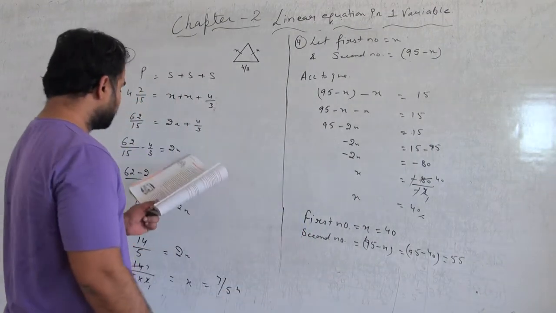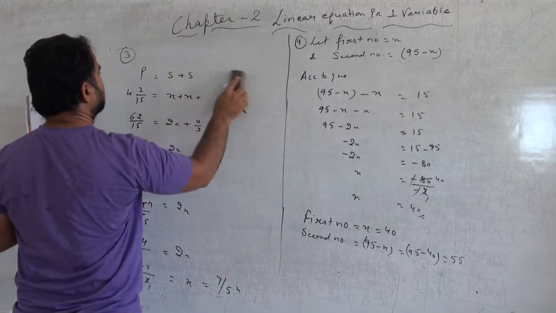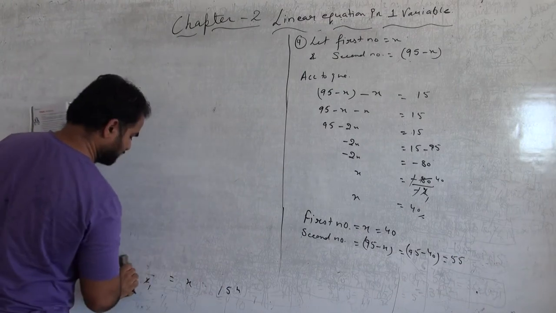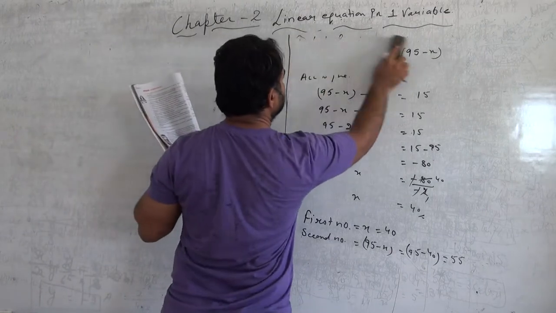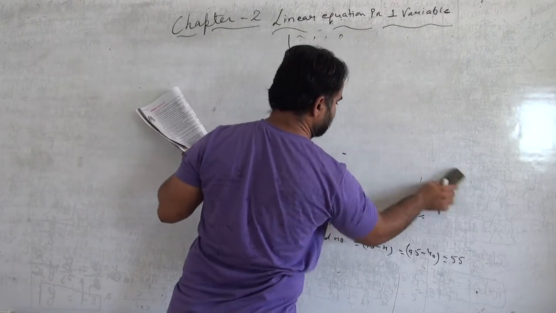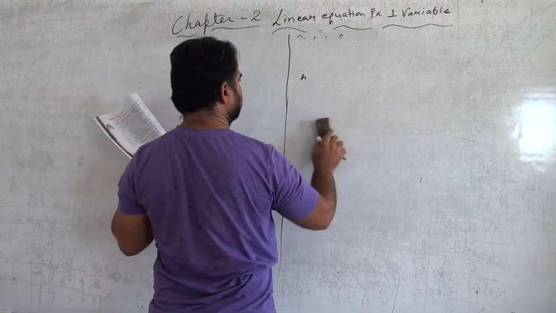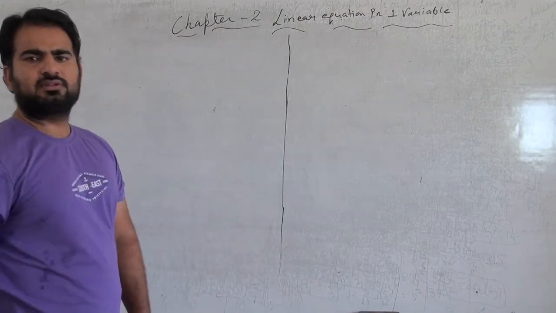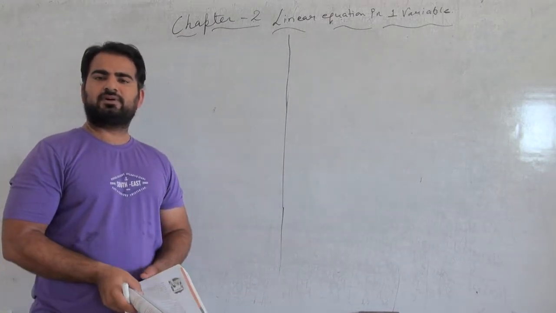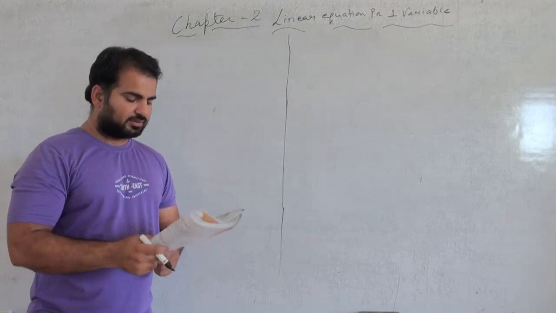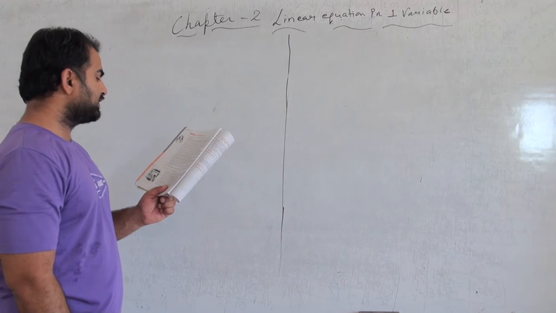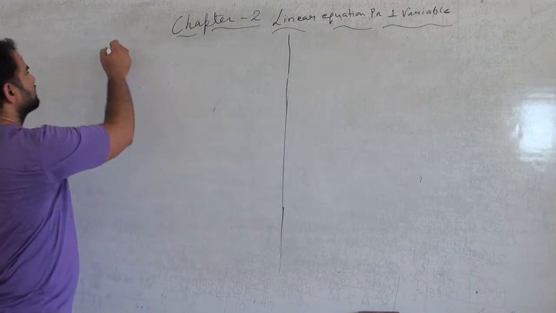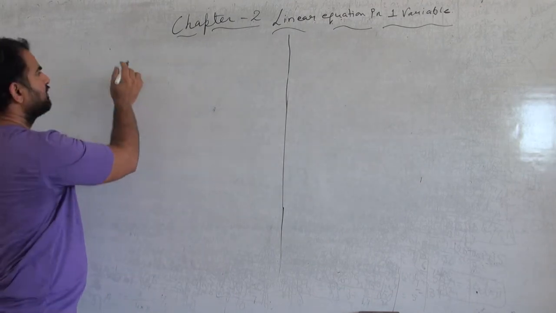Okay, now we get to question number 5. Question number 5 is: the two numbers are in ratio 5:3. The ratio of two numbers is 5:3. So we all know that if two numbers are in ratio, then they are already divided by a common number. If they differ by 80, what are the numbers? So this is question number 5.